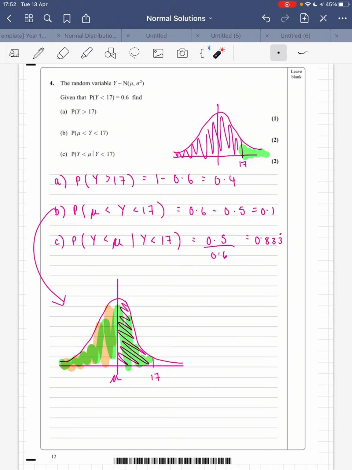And then the last one is find the probability that y is less than the mean given that y is less than 17. To do that, the probability that y is less than 17 is 0.6, as we already said, and the probability that y is less than the mean is 0.5, again, as we've already said. If it's a given question, just like any other time in probability,